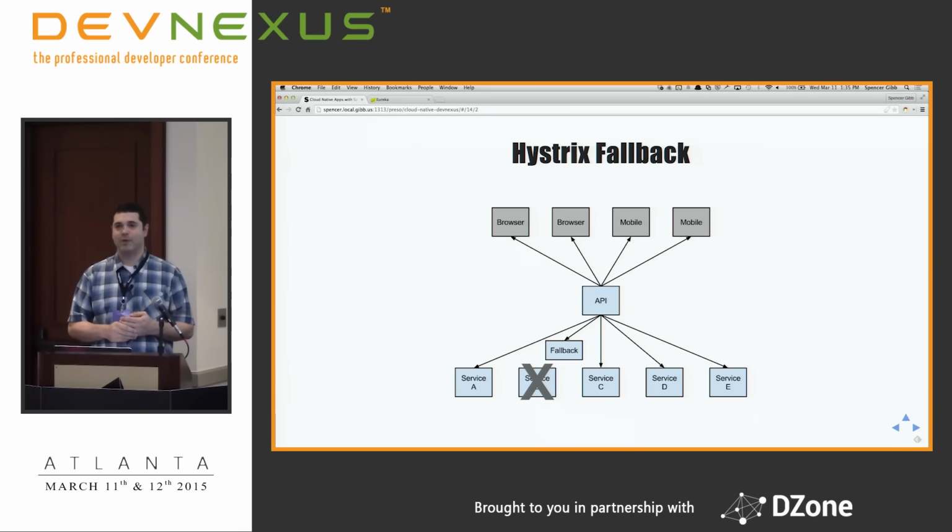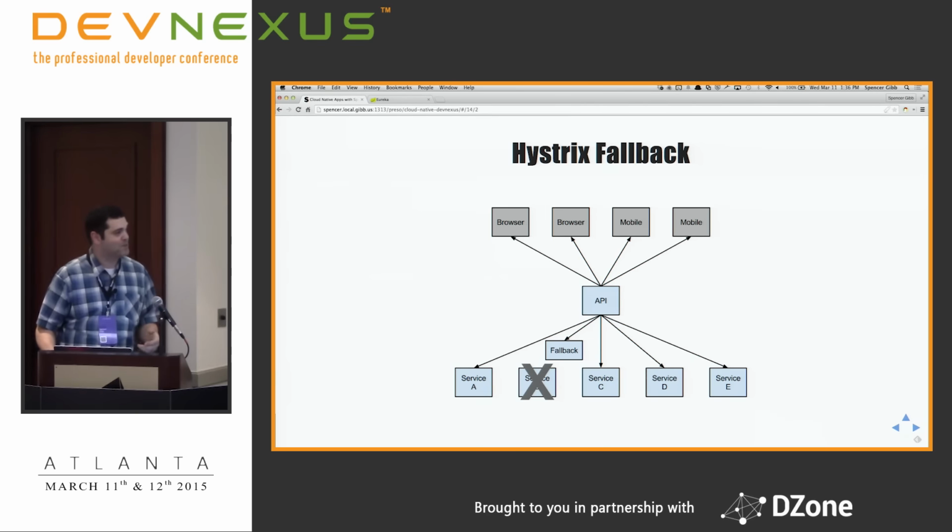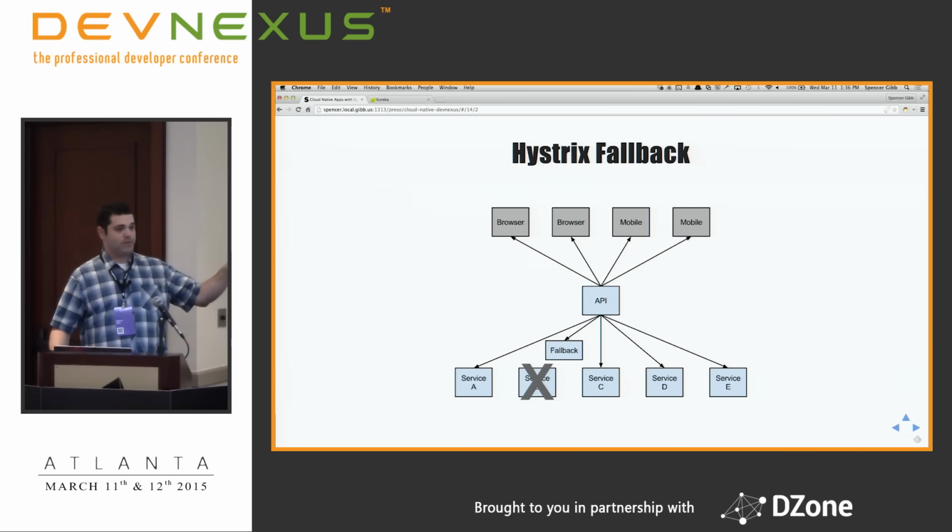The classic example, people always laugh: if the Netflix recommendation service, giving customized recommendations to you based on your viewing habits, isn't available, it will just give you a random list. People always laugh and say, well, it's always a random list, but you can give fallback data, right? And they talk about chaining it, so it doesn't have to be static data. Your fallback can go to some other service that is up. And then if that one's down, then you could return some kind of static data, for example.